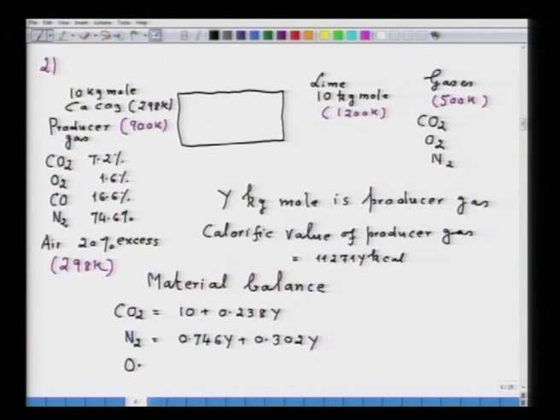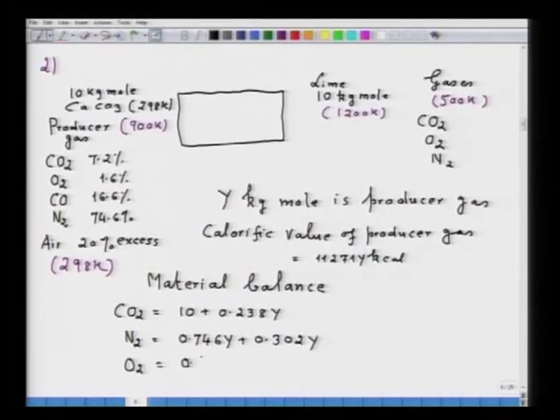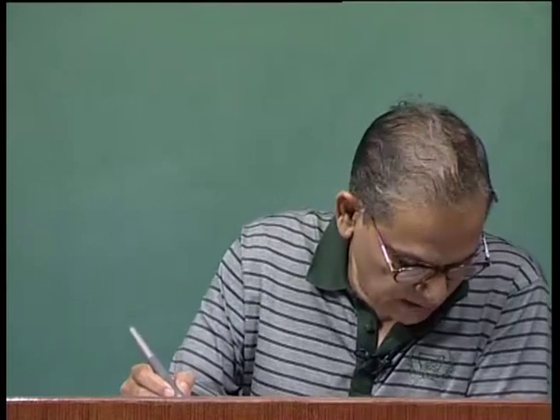Then the excess oxygen, now remember here producer gas also contains oxygen. So, while calculating the amount of oxygen that is coming of air, you have to subtract the amount of oxygen that is already available in the system. So, that will be equal to 0.0134 Y. So, once you have done material balance, now we have to do the heat input and heat output. Now, heat input, one is the sensible heat, heat of decomposition, though it is endothermic, but it is also as a heat input. So, I will straight away write down the values.